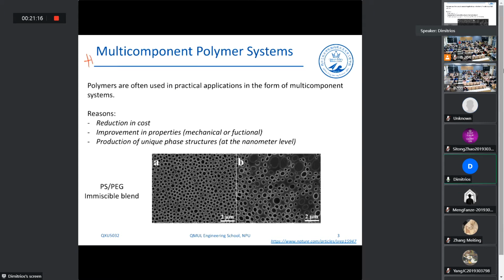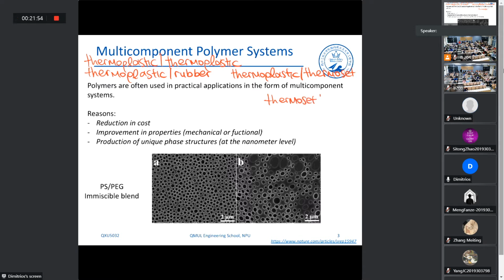So we have thermoplastic, thermoplastic. We have thermoplastic and rubber blends. We have thermoplastic and thermosetting. And then we have, of course, thermoset with rubber. And finally, polymer